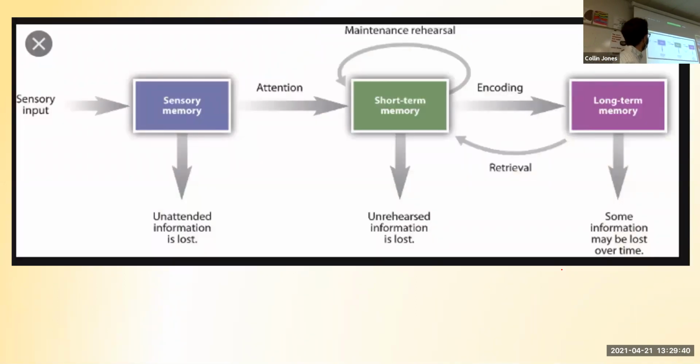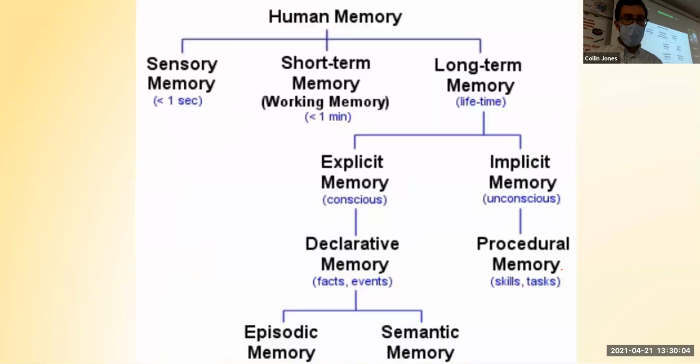So we have the Atkinson-Shiffrin model here. Sensory memory is what's around you. When you pay attention to something, it goes to your working memory. And then if you practice it enough, if you rehearse it enough, maintenance rehearsal, elaborative rehearsal, those are words you need to make sure you understand. If you encode it enough, it can go into your long-term memory, where all you have to do is retrieve it. And of course, over time, you do forget some things. We'll talk about Ebbinghaus and forgetting in a second.